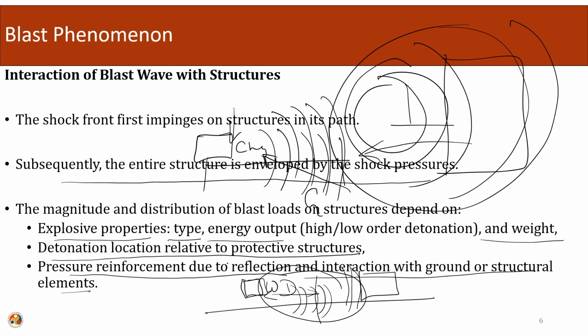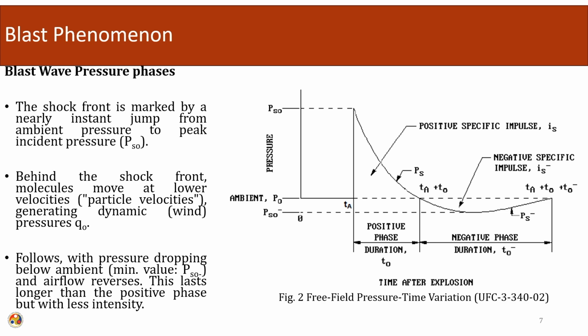So, the pressure that is moving from the blast only is called the overpressure, and the pressure which is interacting with the structure is called the reflected pressure, and the reflected pressure might be significantly higher than the overpressure. So, here is the similar graph that we were discussing earlier. If you look very closely, this actually rises like this, and this phase is very small. It is in nanoseconds.